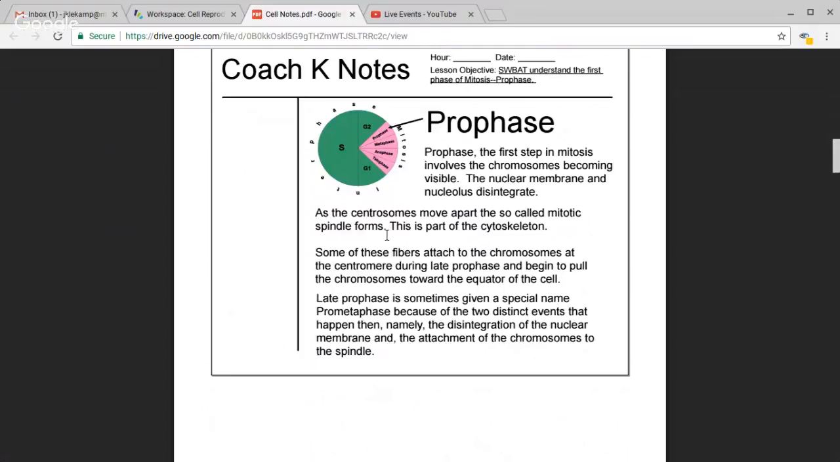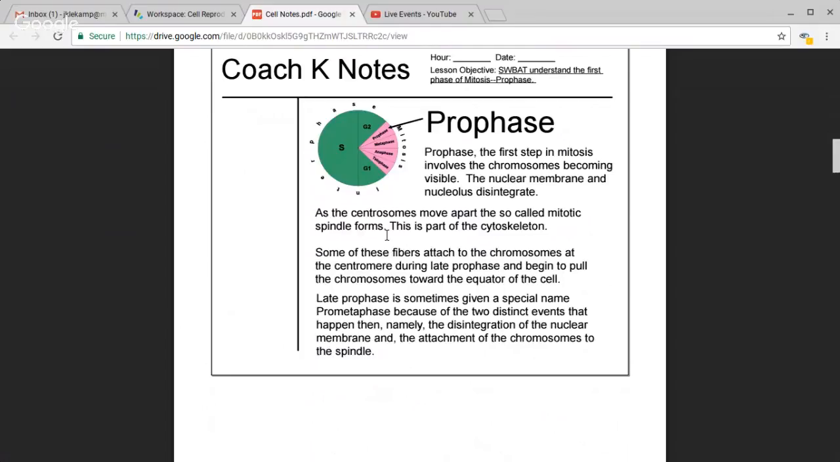Your centrosomes, which are the paired centrioles, start to move to the opposite ends and start to form what we call spindle fibers in between them. Some of the fibers are going to start to attach to the chromosomes in the late prophase area, and they begin to pull the chromosomes toward the equator of the cell. During late prophase